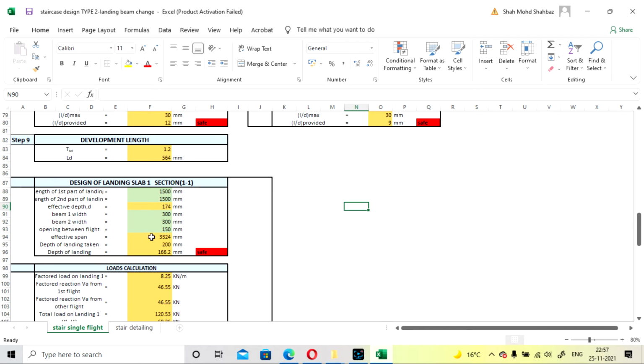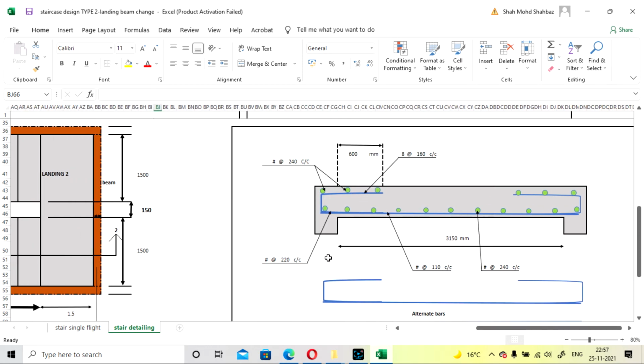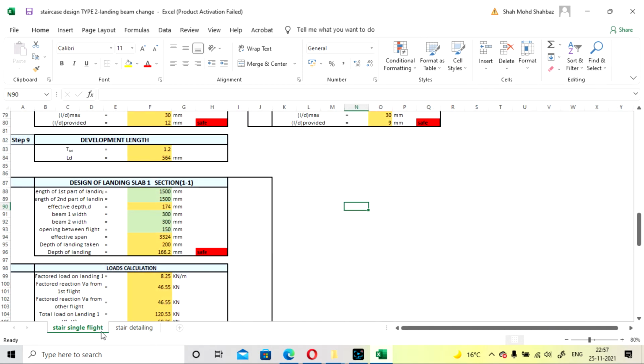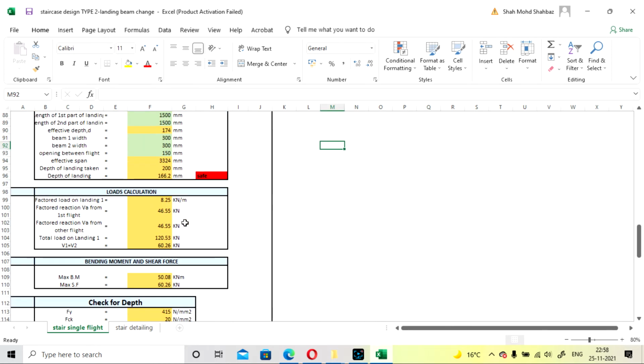Okay, for landing slab 1. Now depth of landing taken as 200 mm and depth of the landing will be safe in this. Okay, I have already checked here, so it will be safe. So 200 mm we are going to take.